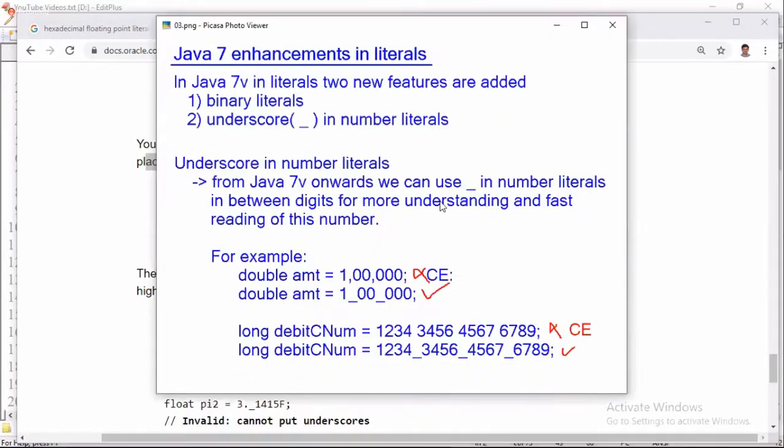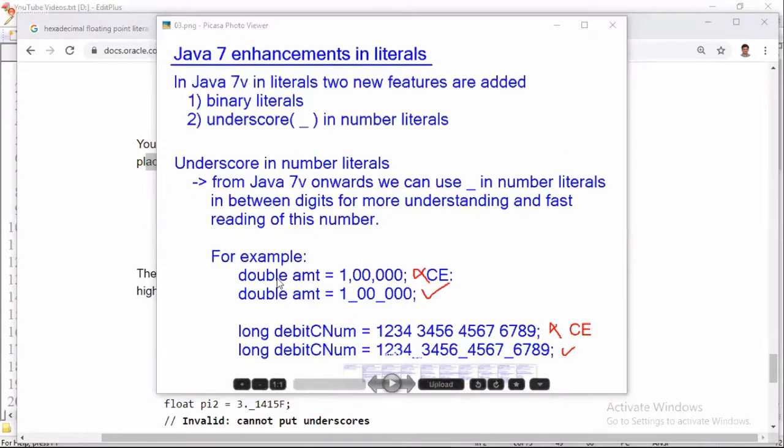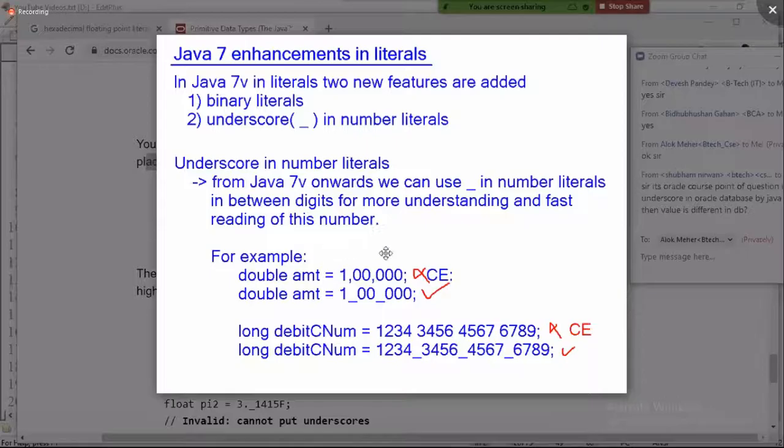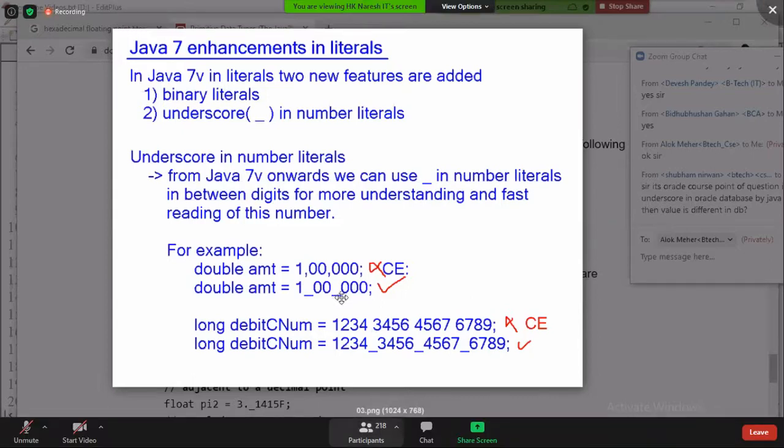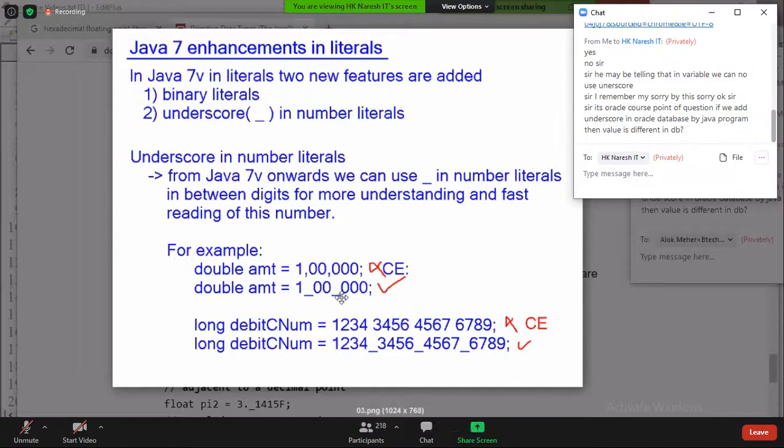Come here, tell me now, very interesting question. Once you understand any point, you have to search for different test cases. If I write System.out.println of amount, will the underscore also be displayed? Is underscore stored in the .class file? Good question you asked.